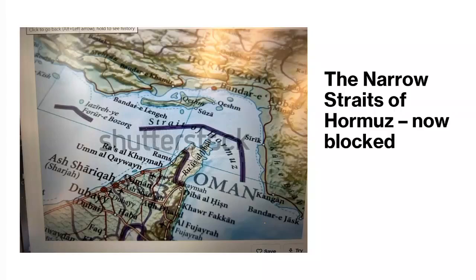I don't think it's much a physical thing of it being blocked. It's more that from a commercial point of view, the insurance companies are basically saying, if you go round that area, we will not insure your cargo. Or we will insure it, but at a ridiculously high premium. And for that reason, it gets effectively blocked.